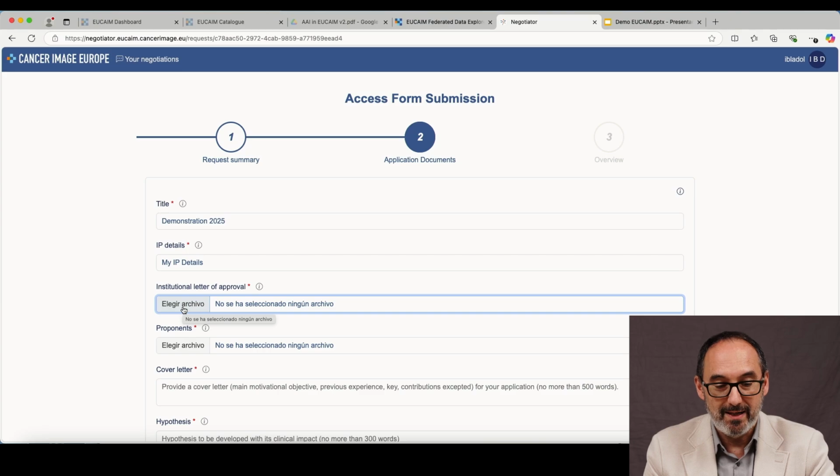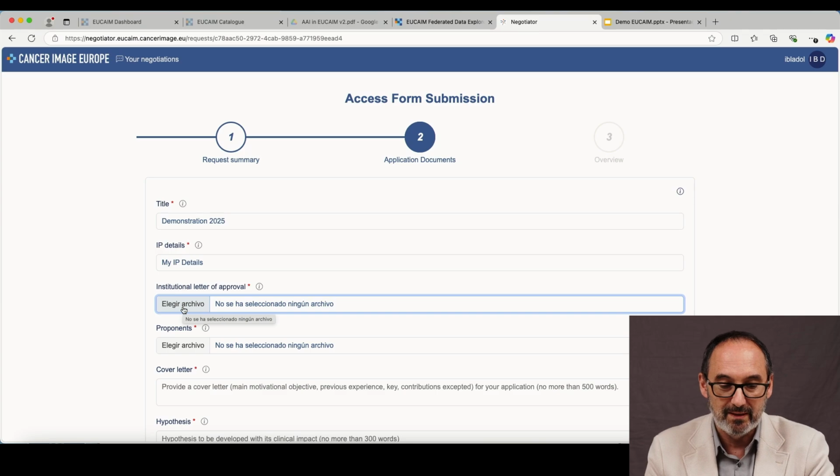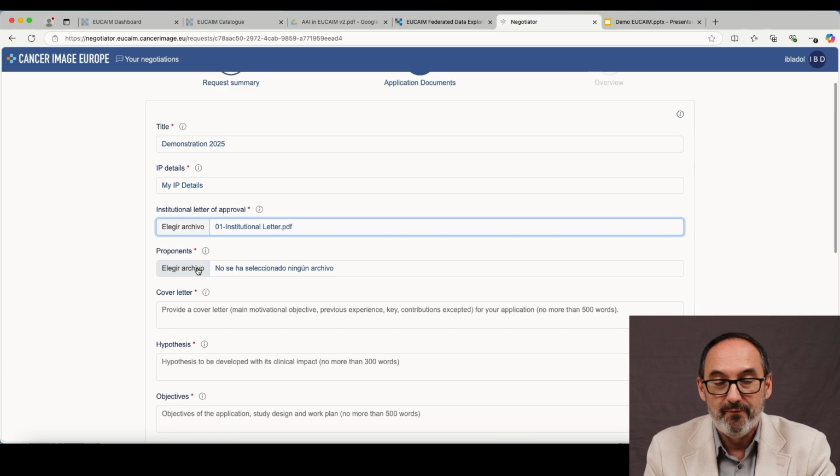An institutional letter of approval, it means that all the users that access this platform need to have a letter from their institution that enables them to do this research, because for the regulations, we have to guarantee that the institutions support the activity that the individuals do. So I will go and get some institutional letter,